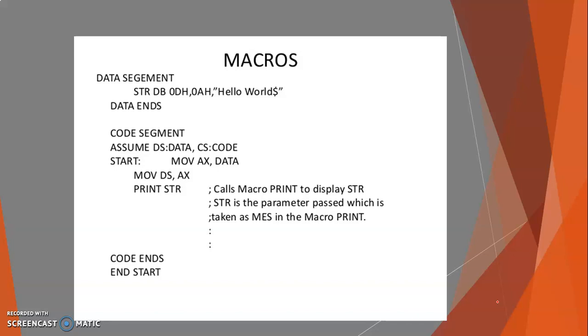Regarding the practical, this is a simple and small chapter. The fifth chapter is all about macros and procedures. So this is a very small chapter. We don't require more time. For the third and fourth chapters, as I told you, all the things about the third chapter are already covered in the fourth chapter, but I didn't give the name of third and fourth chapter to the video. So you have to understand that.